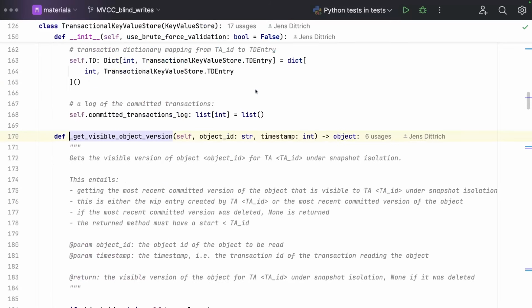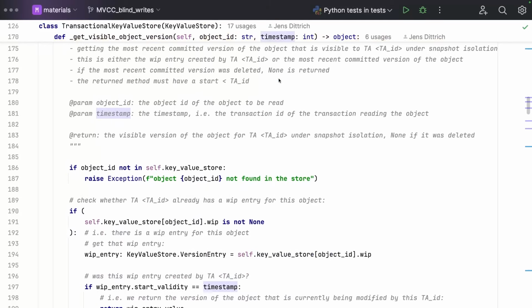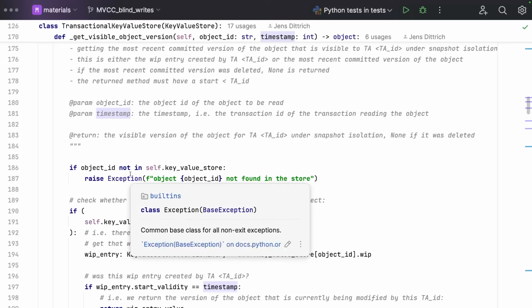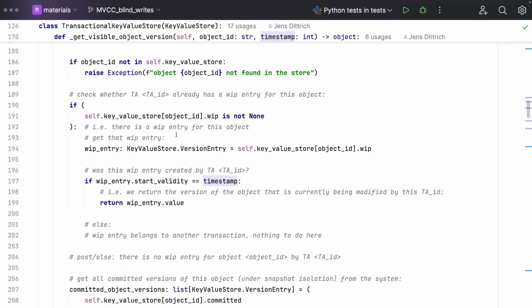Maybe we can look at this method a little bit. So object ID, that's to be read. That is a version to be read. Okay, I do checks like, is the object ID even in the key value store? If not, I raise an exception. I have to check whether there's a work in progress entry. This is important because,